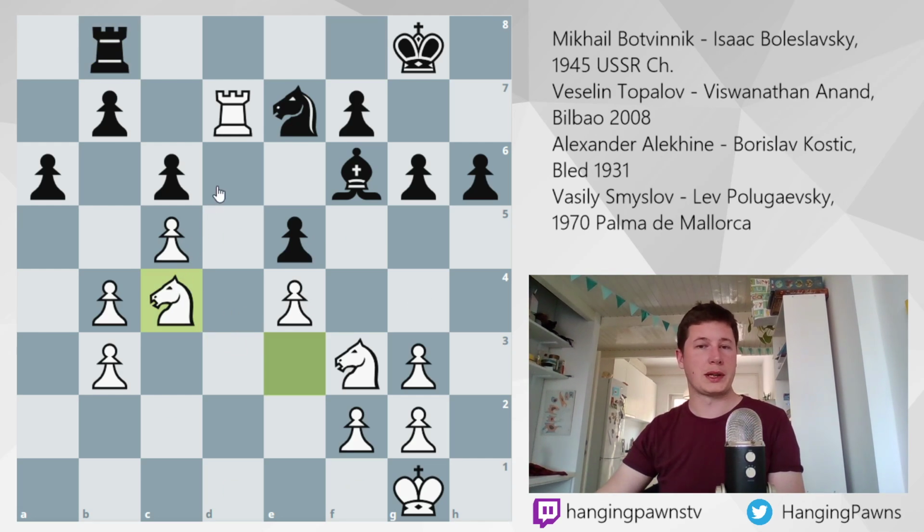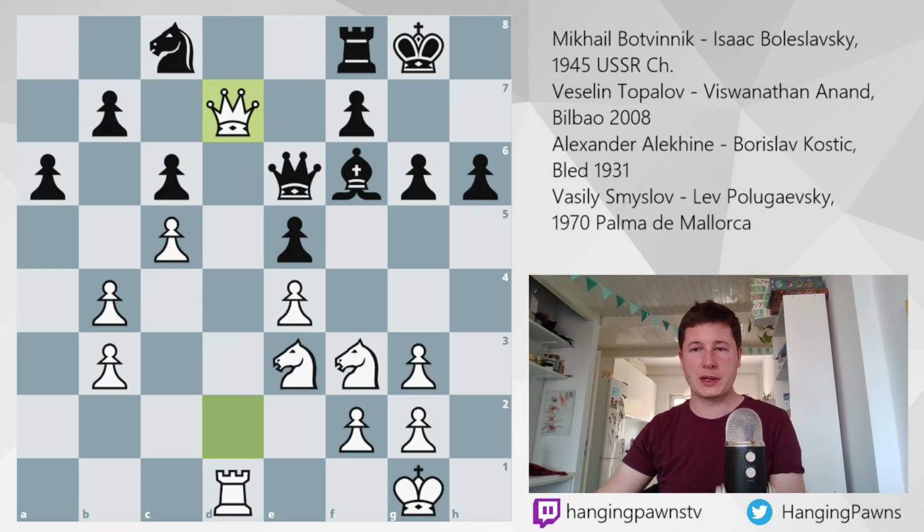to c4, with two ideas. First idea, win the e5 pawn. Second idea, jump into d6, win the b7 pawn, and win the game. Of course, in this position, you would just take the e5 pawn first. That's simple. But in the game, after queen d7, queen takes b3 was played, and now queen takes b7, and